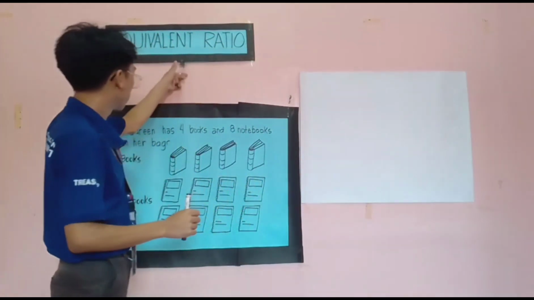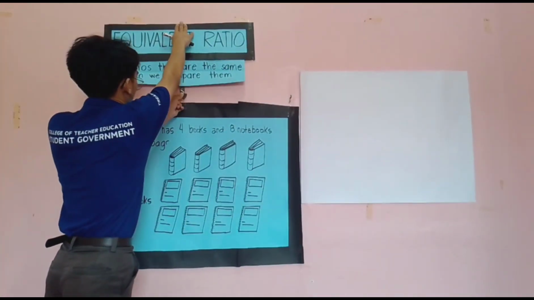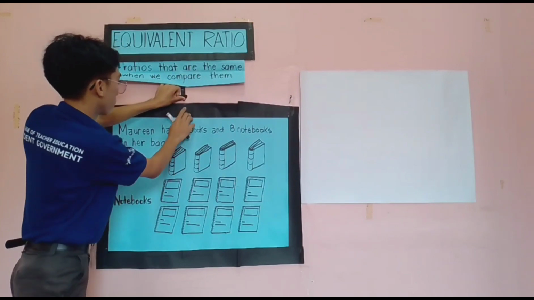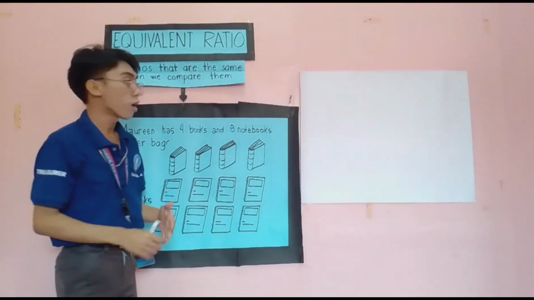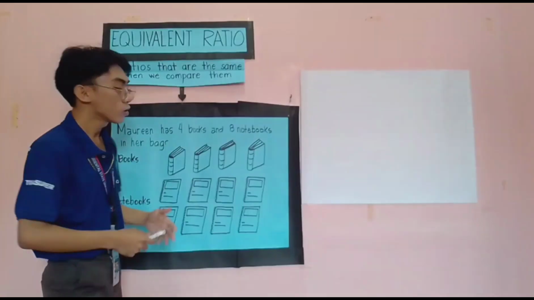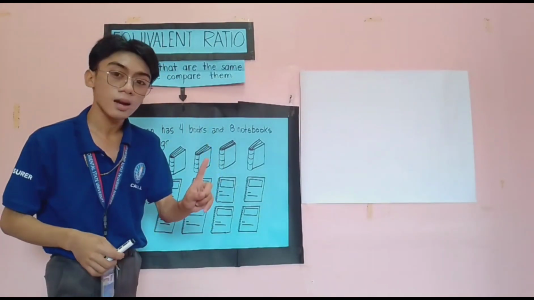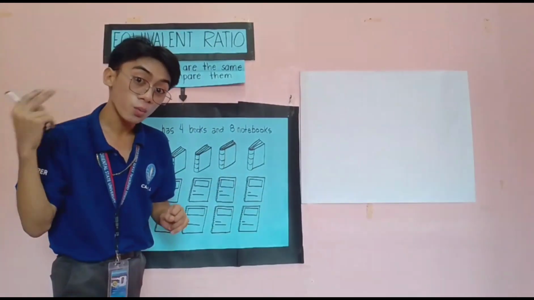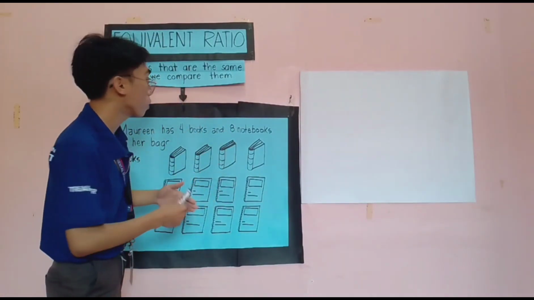Equivalent ratios are ratios that are the same when we compare them. So an equivalent ratio is not just about one, but two or more ratios that, when we compare them,